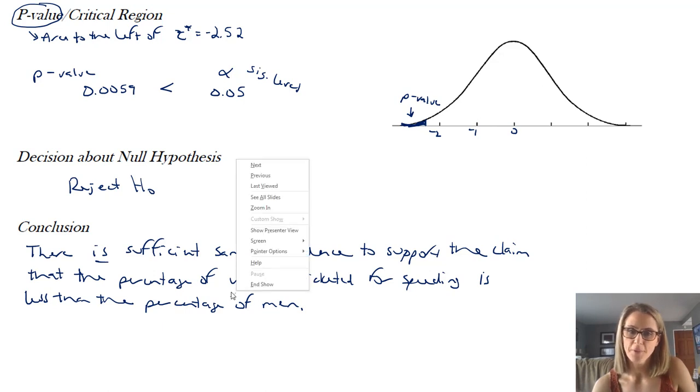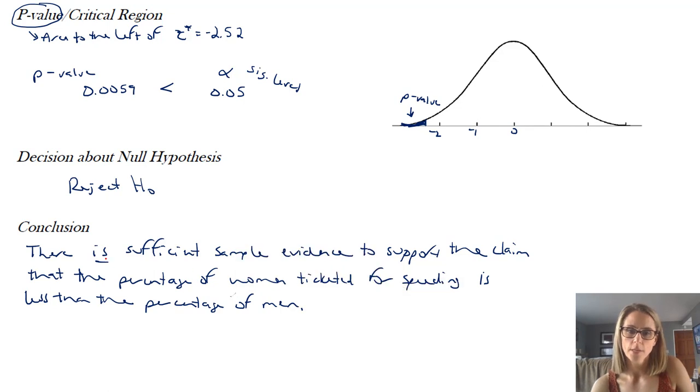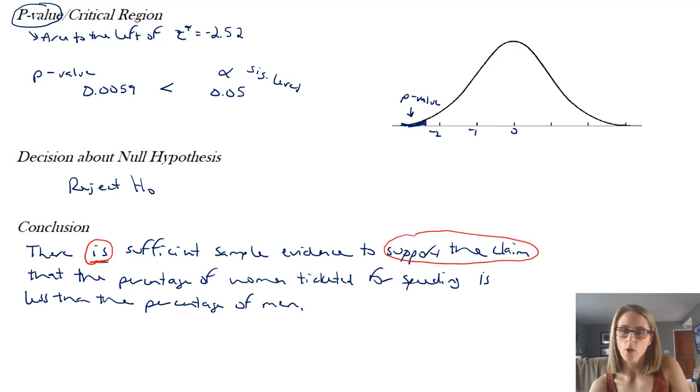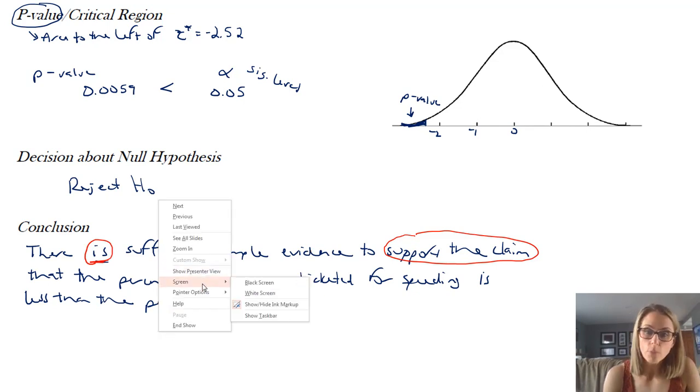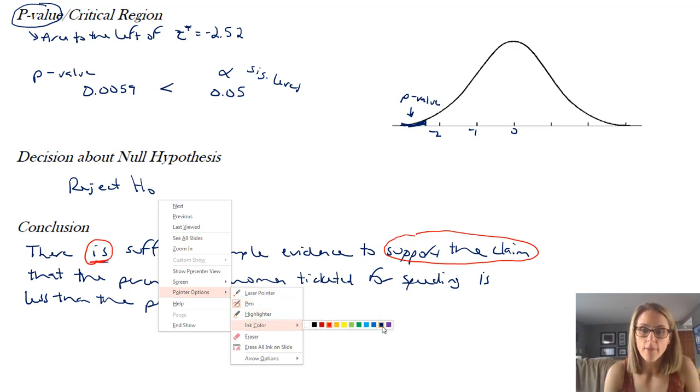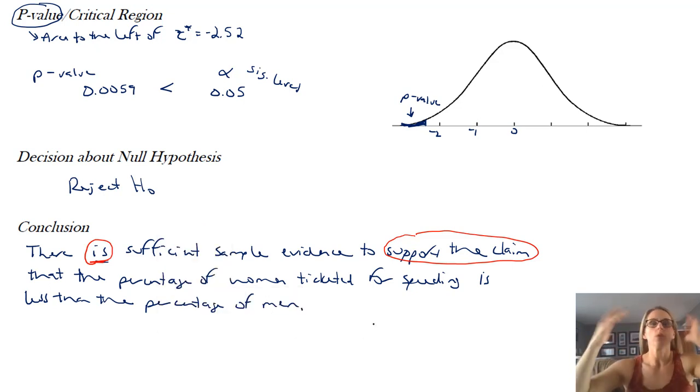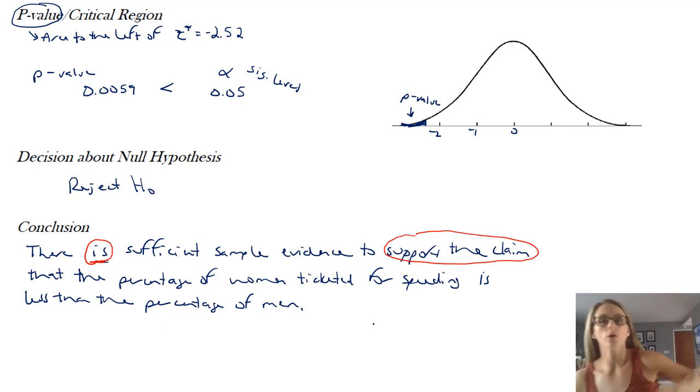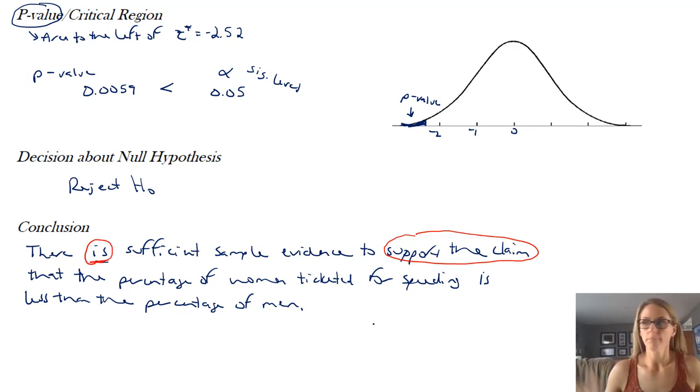So just to bring it back, we just saw a bunch of this in chapter 8, but just a reminder, because we rejected H0, there is sufficient sample evidence, and we're going to support the claim because our claim is the alternative. So again, this is totally likely that you'd have an insurance company that would use this type of data to then charge men more money for their insurance on their cars, because they would say that the data supports that they're more likely to speed and get tickets, which of course costs the insurance companies money.